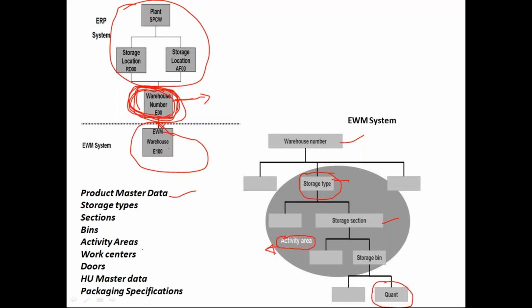Also, let's say for example, RF instance, like in case you are using any mobile device or scanners for performing activities, I have some 10 fields to be scanned. For example, if I have to perform the put away, imagine that I have 10 fields to be scanned, like source bin, material, quantity, destination bin, source handling unit, destination handling unit, and some other information, serial number or batch or any other information. If I have to scan all these 10 fields, business may say that I don't want to scan all these fields. I just want to scan source bin and destination bin and product and quantity. Only these 4 fields I wanted to scan. Remaining fields I don't want to scan. How do you control that in WM?